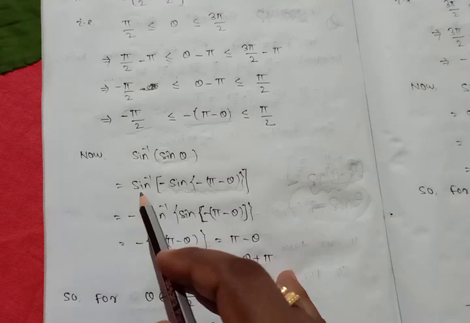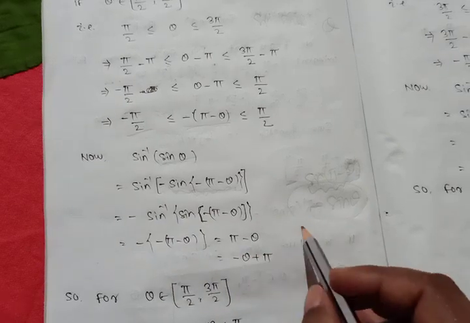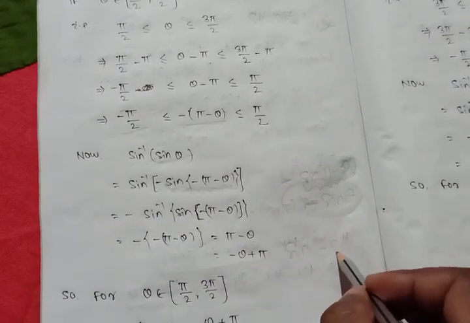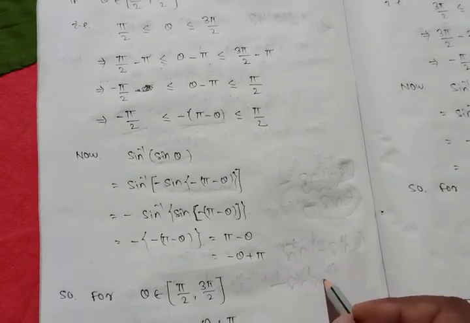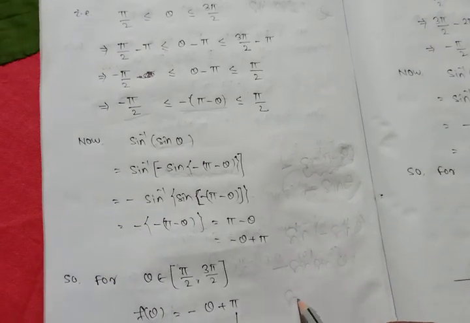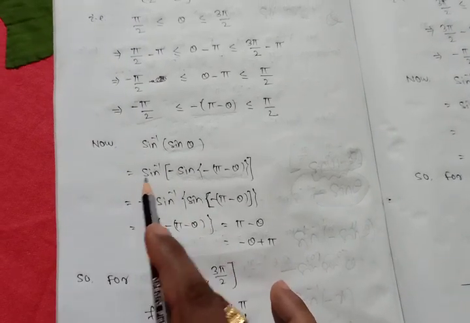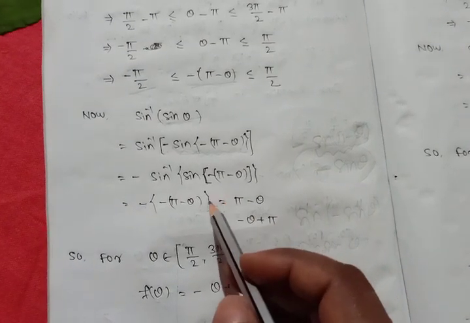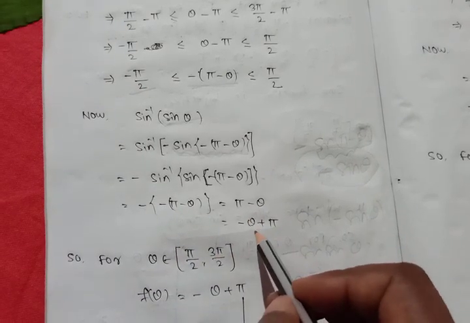Now come to the concept: sin inverse of minus sin theta is nothing but minus sin inverse sin theta. Remember the concept, sin inverse of minus sin theta is equal to minus sin inverse of sin theta. Or you can remember the formula, sin inverse of minus x is equal to minus of sin inverse x. Same concept I am doing here. You put the minus symbol outside. Now what do we get? This one will be multiplied by minus this one. We get pi minus theta.